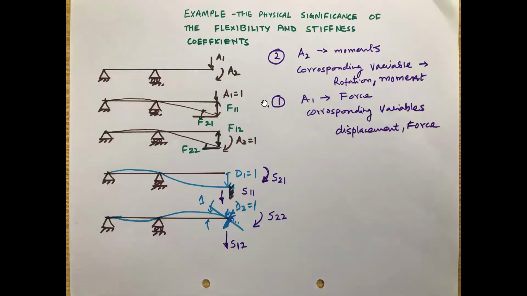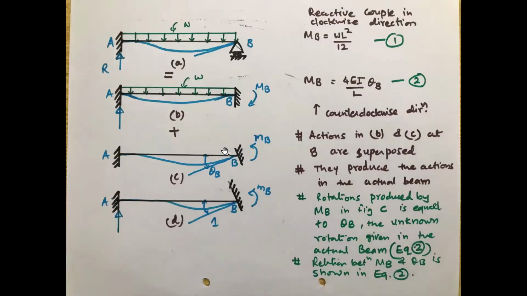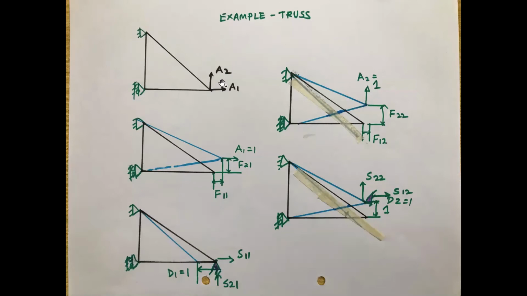See here, 1 and 2. What is 1? 1 relates to vertical translation and 2 relates with the rotation. Whereas here in this case, 1 relates with horizontal translation and 2 relates with the vertical movement. So that's how we don't have to mix up, because here there is no possibility of making it different joint numbering. Don't give joint numbering, because of loading numbering, because that shows actually the second subscript.